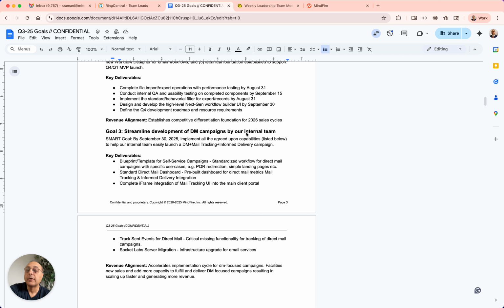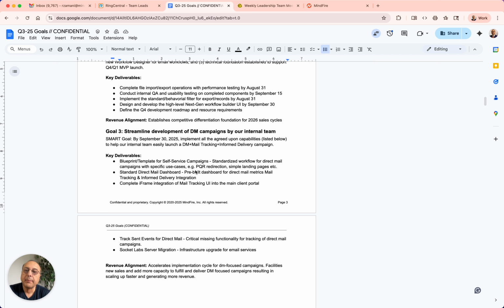This will be of course a stepping stone to enable the external teams or clients as well to do the same, but at first, as a factor for prioritization, we wanted to make sure that the internal team has everything that they need. As such, the decision was made, instead of creating a specific product UI, which was the previous goal that I had, to create a blueprint or a template that will have all the different pieces with a standard